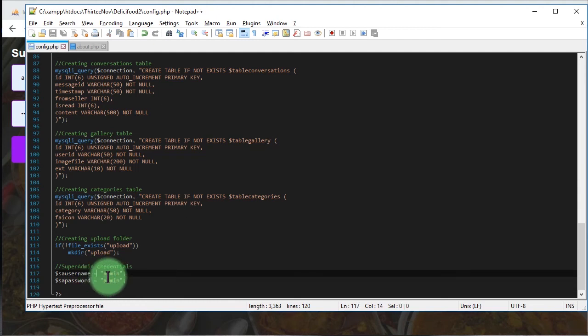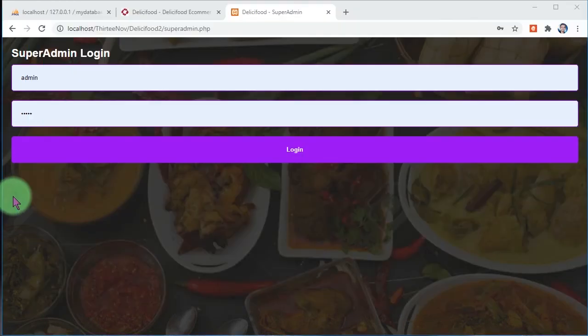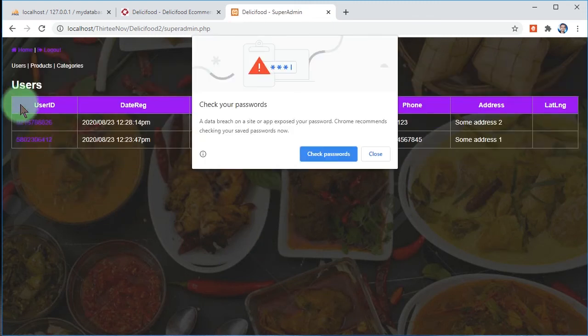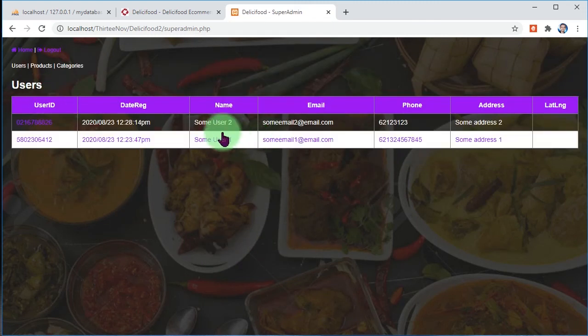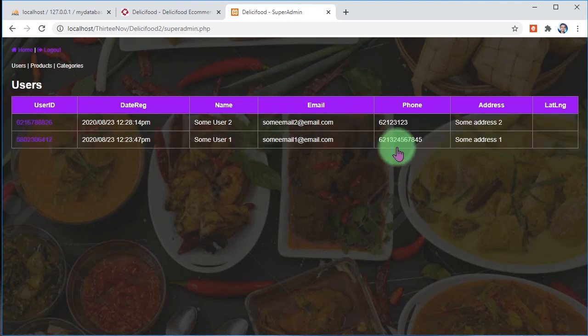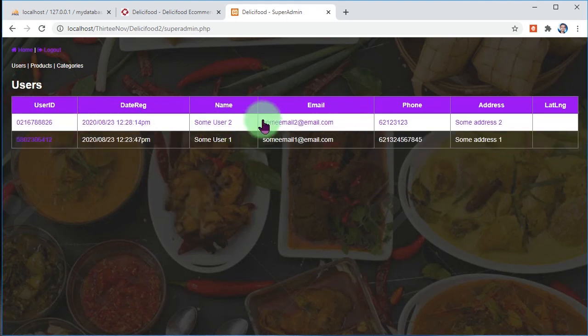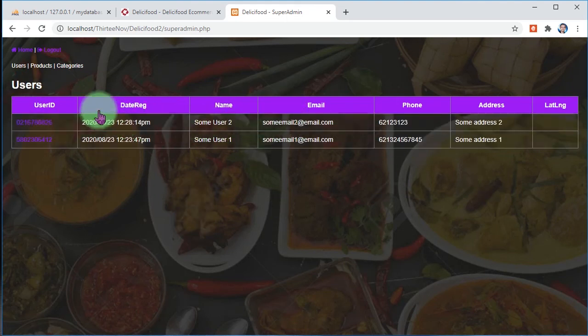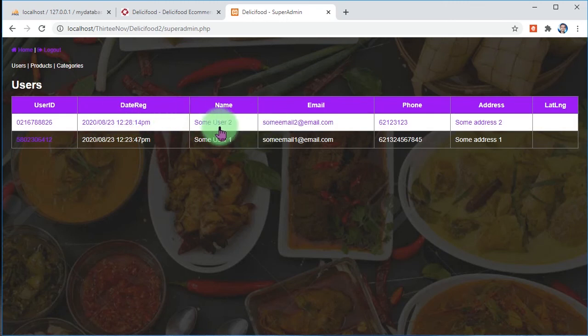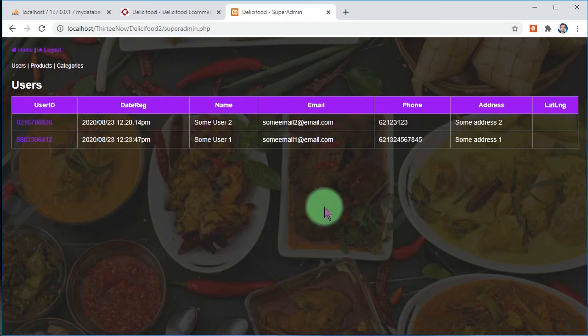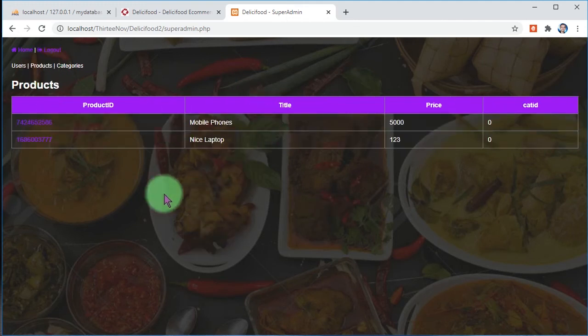You can change it here in your PHP file. And let's log in. Here you will see a list of users registered in this system. You can see the registration date, username, email address, phone number, and address. And also you can see products added by those users,